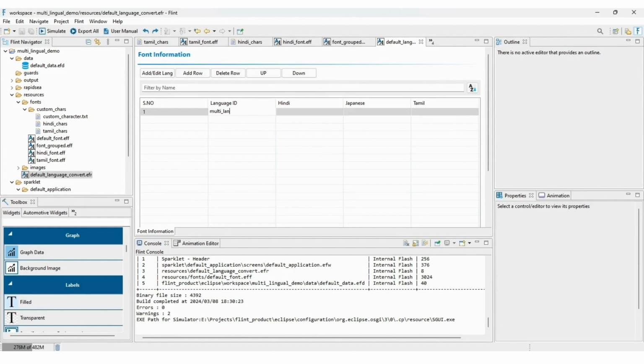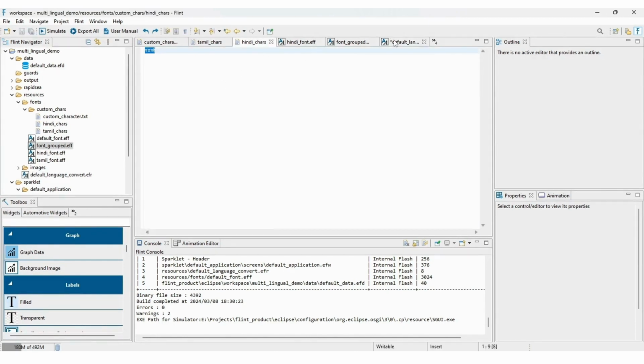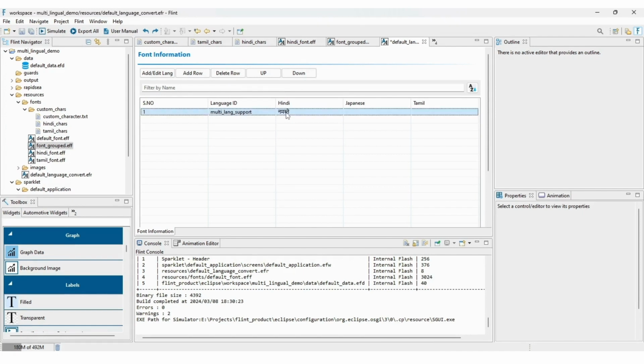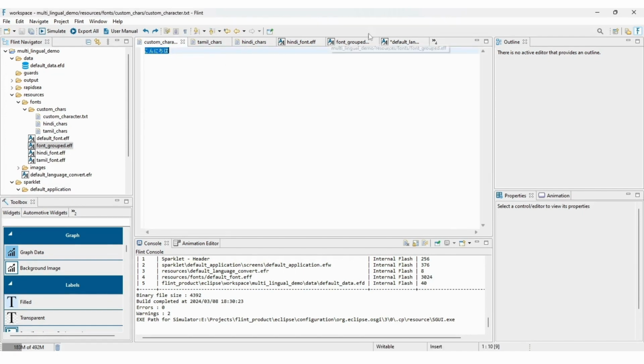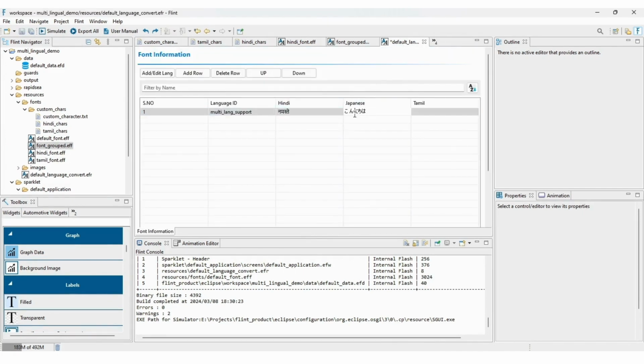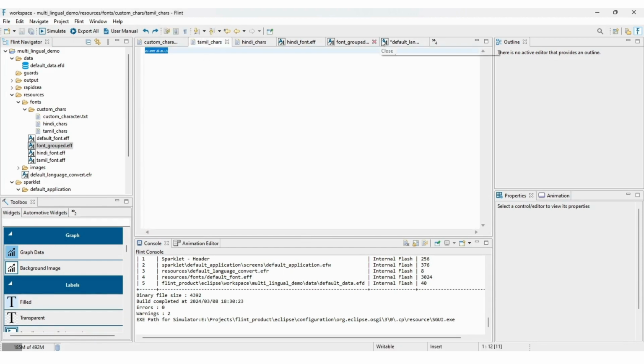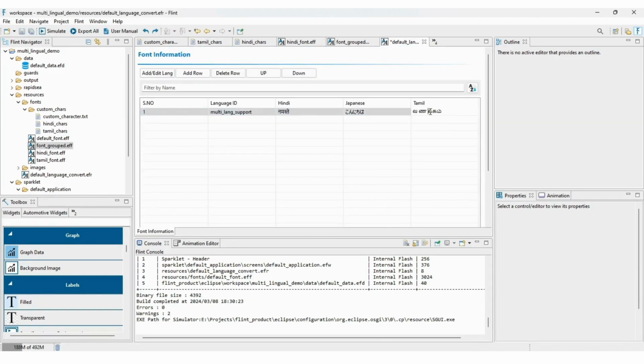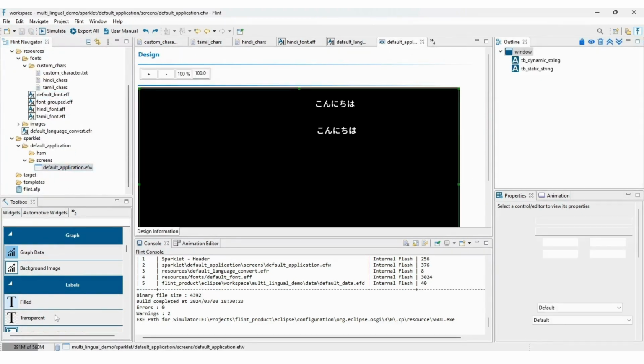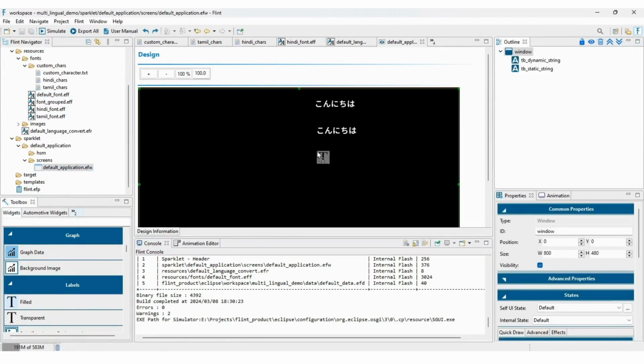Customize the language ID and add the text for these languages, and save. To use the same, drag and drop a label widget and map the group font to it.